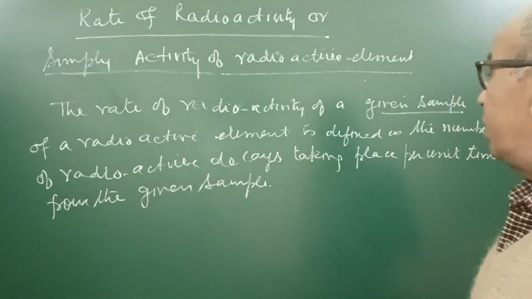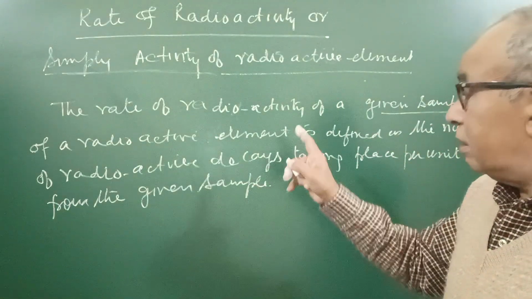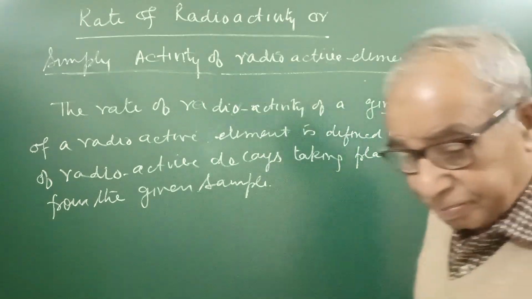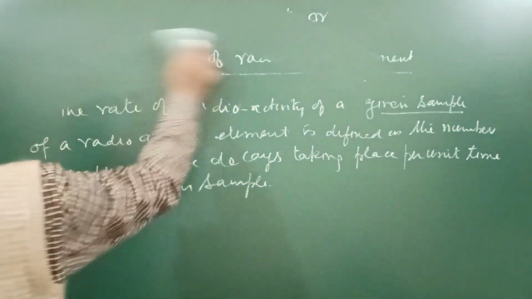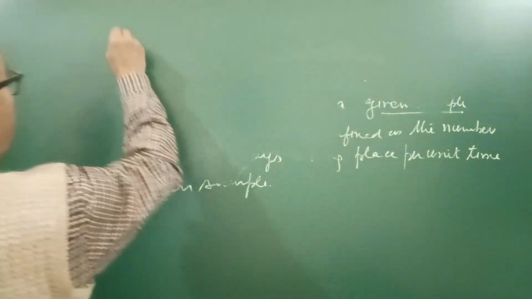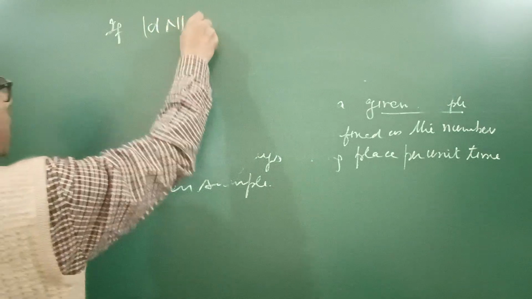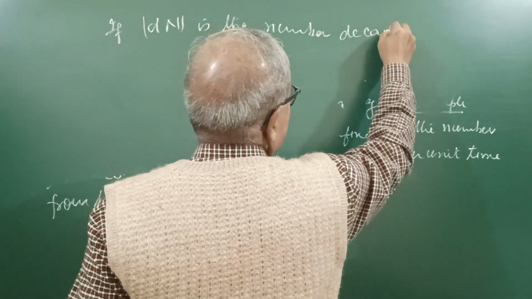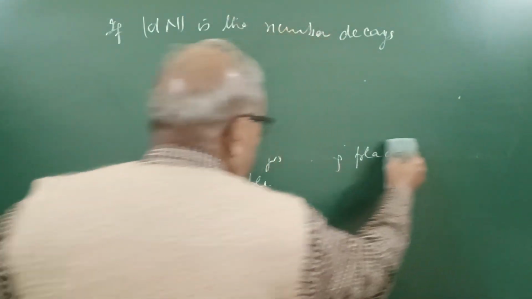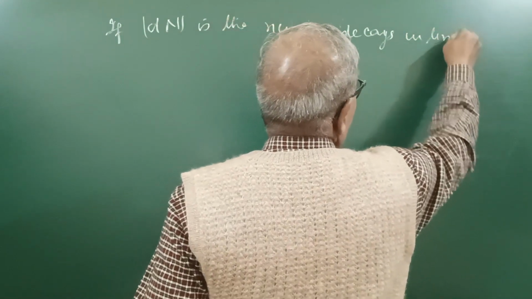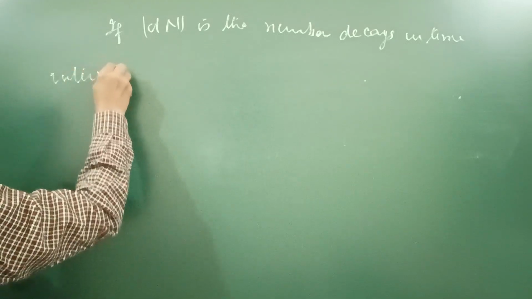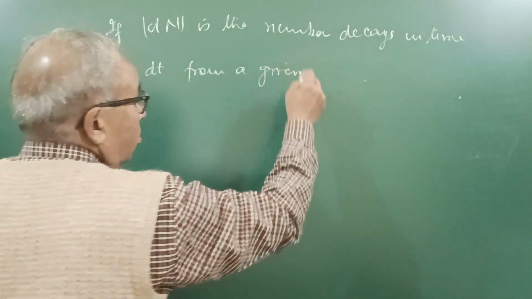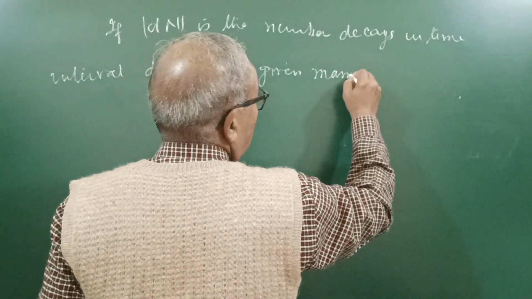So I told you the rate of radioactivity of a given sample of a radioactive element is defined as the number of radioactive decays taking place per unit time from the given sample. So it is a simple definition. Now I come to it mathematically. If modulus dN is the number of decays in time interval dt from a given mass or given sample